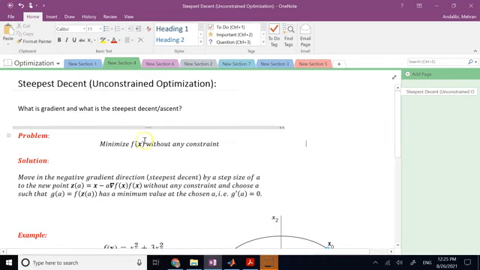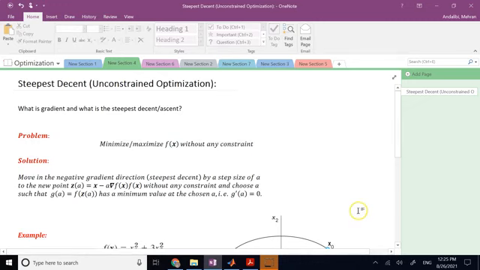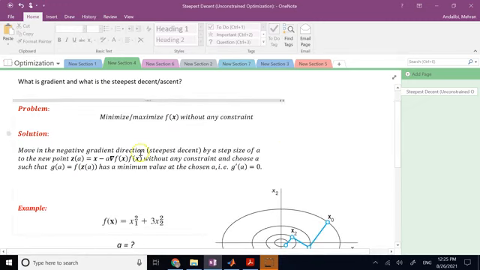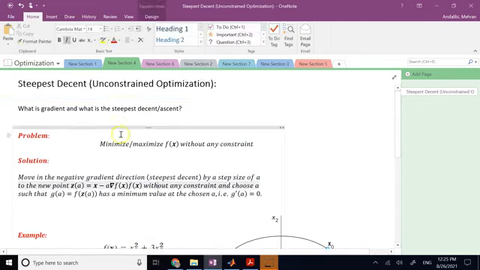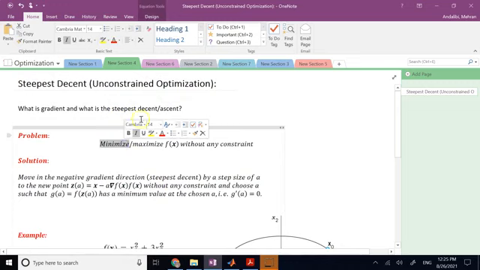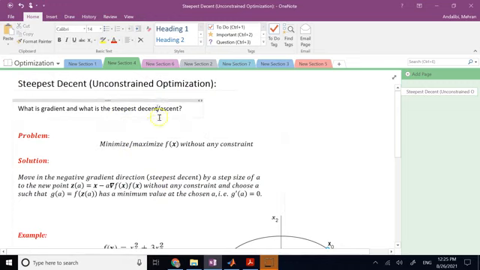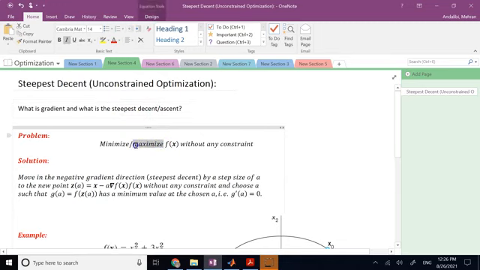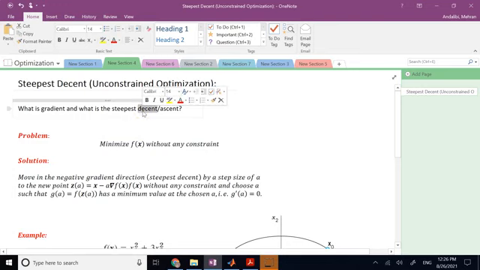Okay, so you are going to minimize and or maximize really a function, right? Of course, when you're trying to go in the negative, that's why we call it steepest descent. So when you are doing descent, we are really minimizing. If we are trying to maximize, then we move in the direction of the steepest ascent. Then you can maximize. Okay, so the reason we are saying minimize or maximize is based on how we are moving in this direction